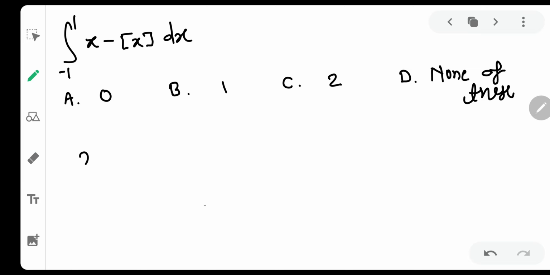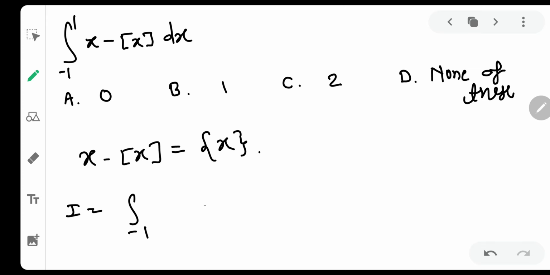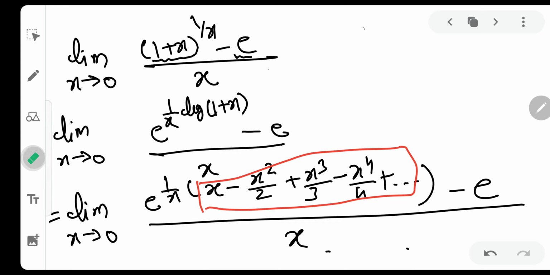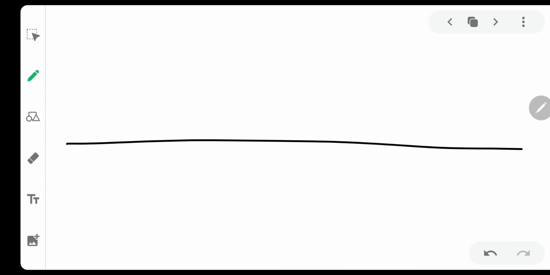As every one of us knows, x minus gif of x is nothing but the fractional part of x. That means in short they have asked us the integral from -1 to 1 of the fractional part of x dx. It means basically what they want is the area of the graph from -1 to 1. Okay, so let us see, if I am to plot the fractional part of x graph from -1 to 1, how